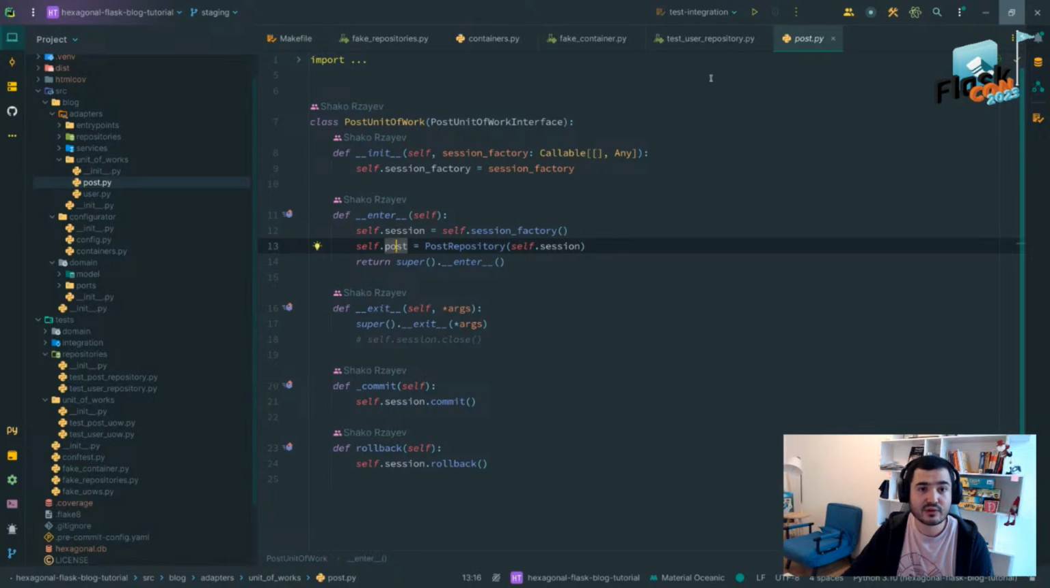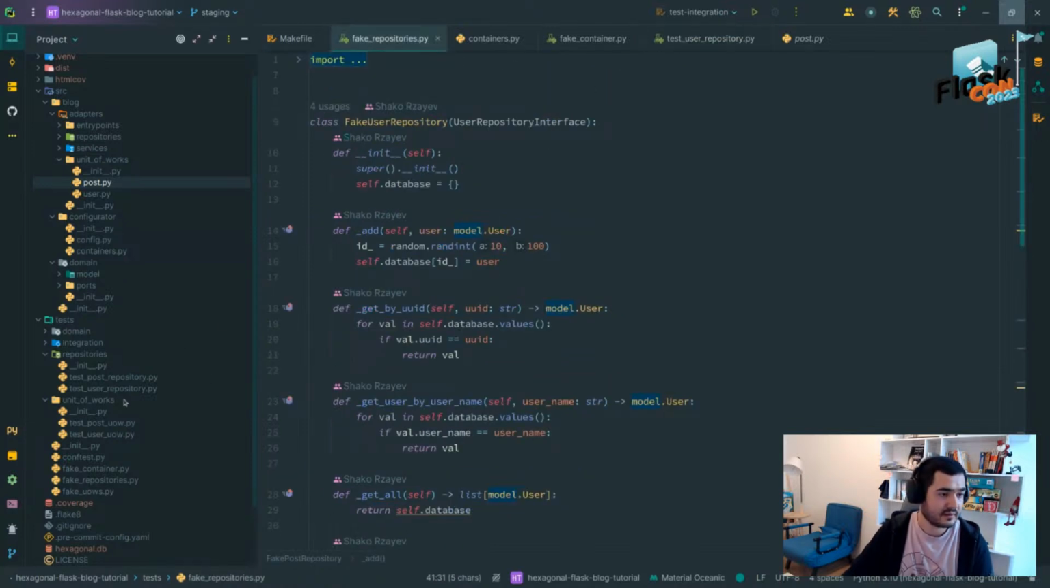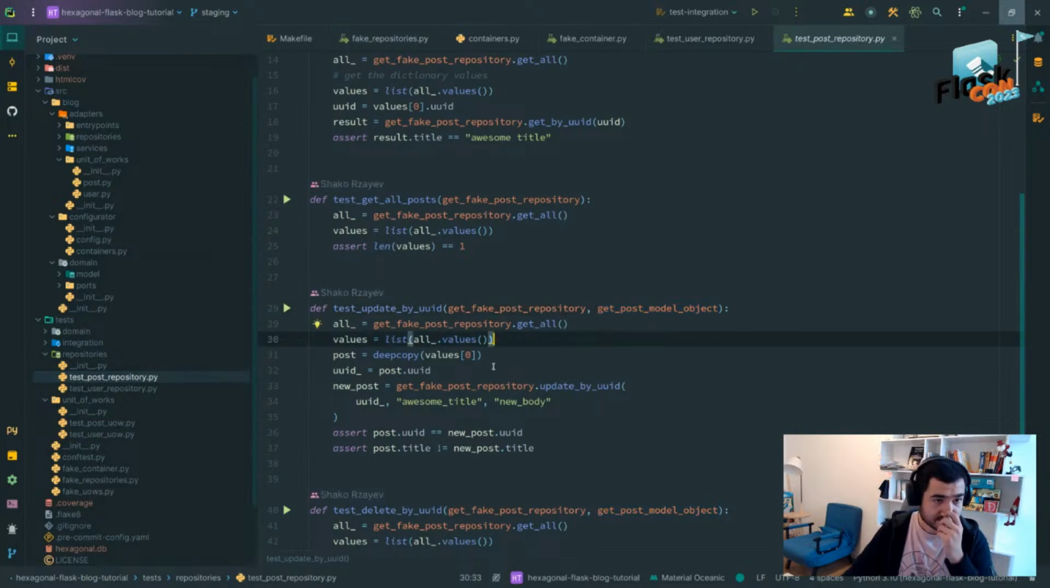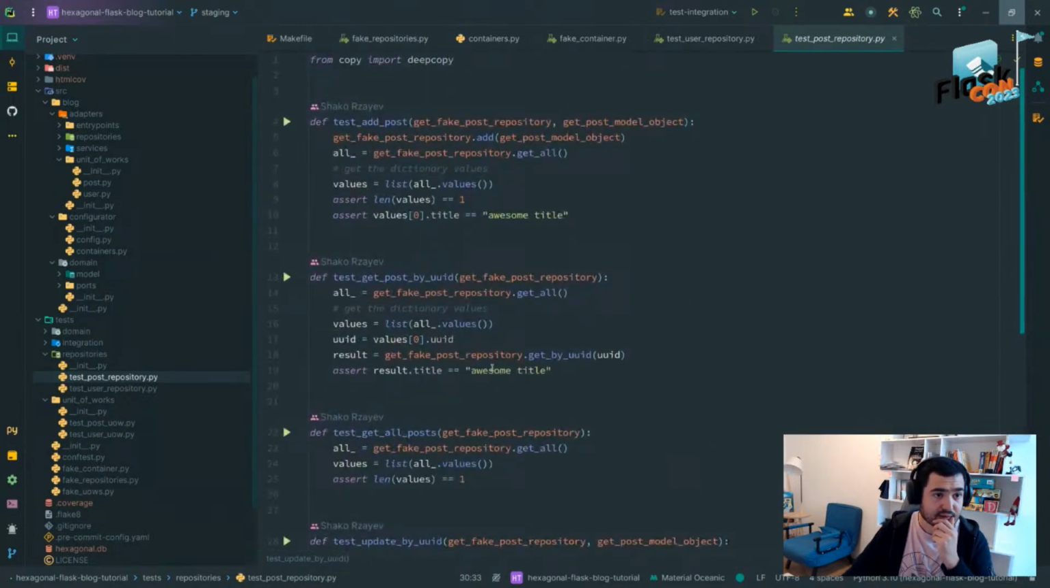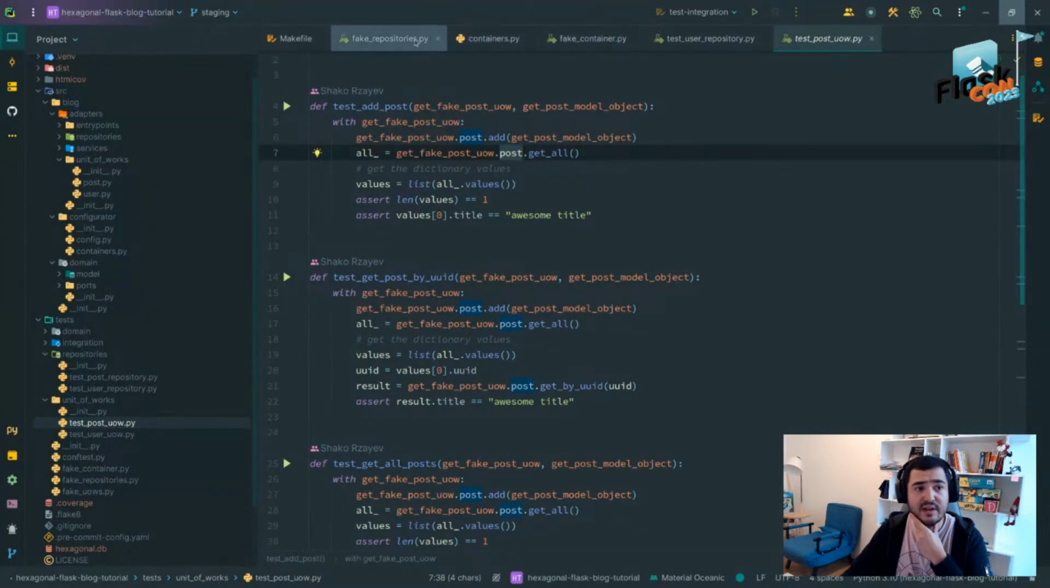This post, the repository post, where it was. Not a post here. Sorry. So this, I just confused myself. No, we are talking about UOW. Sorry. So this post here is a repository from the